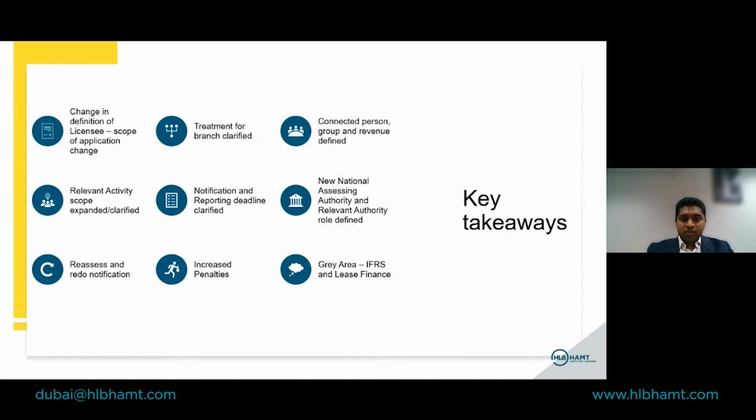There are a few gray areas which we think should be clarified by the authority, the Ministry of Finance or the Federal Tax Authority, because now the Federal Tax Authority has come into the picture, a more proactive federal level authority. So I think it will be more streamlined and efficient compared to the previous system, where we were struggling to find where to do the notification for different authorities. Hopefully this will benefit not just our tax department but the entire consulting firm, because now